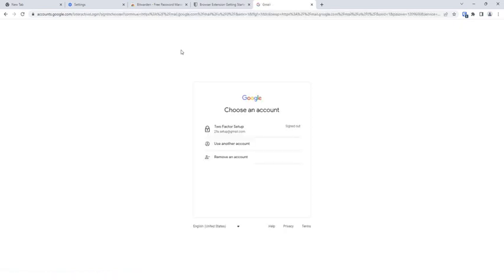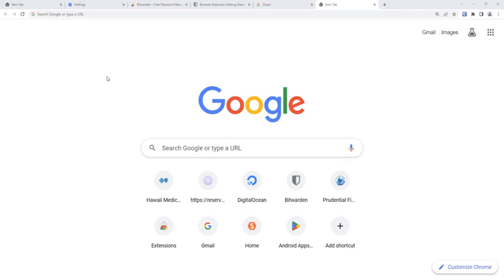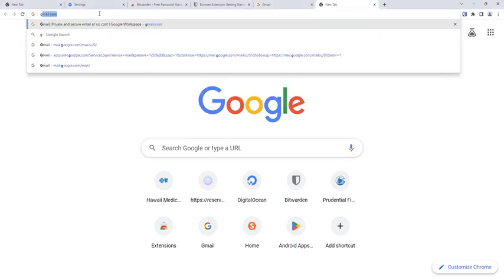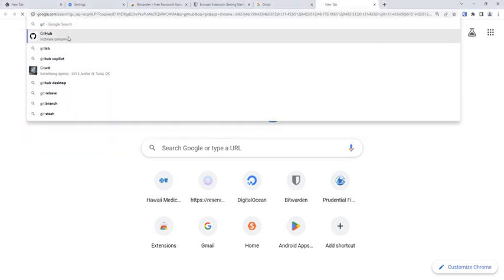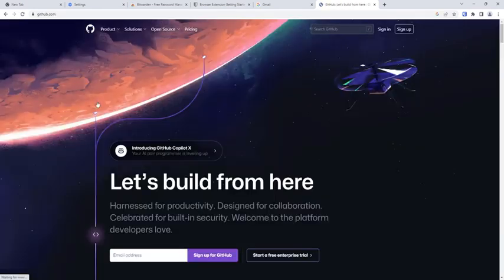Now, let's go ahead and I'm going to go to a different account, and I want to have Bitwarden auto-populate the information instead of me having to add a new account. So what I'm going to do is I'm going to go to a different account and watch the Bitwarden extension say, hey, do you want to add this? So the account I am going to go for is going to be github.com. Oh, sorry, there you go. I'm going to go to github.com, and I'm going to go to sign in